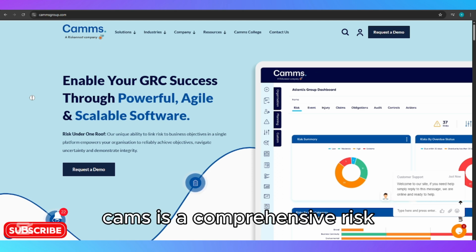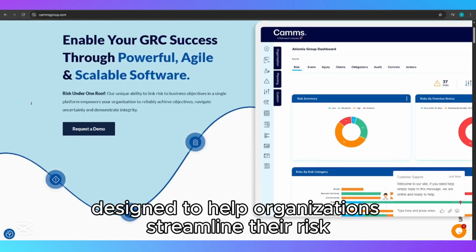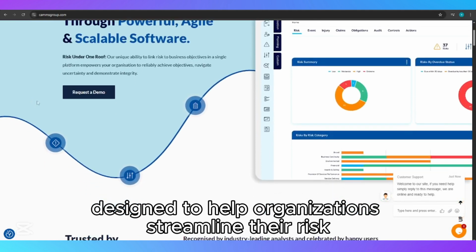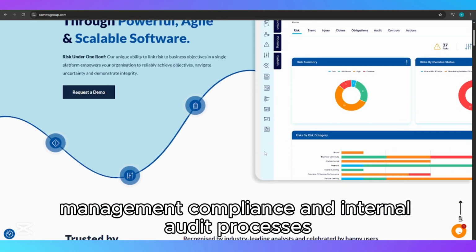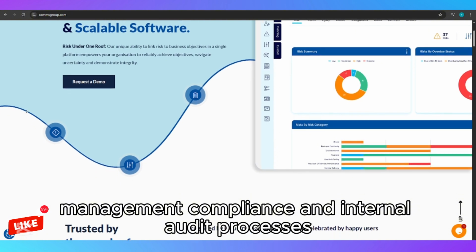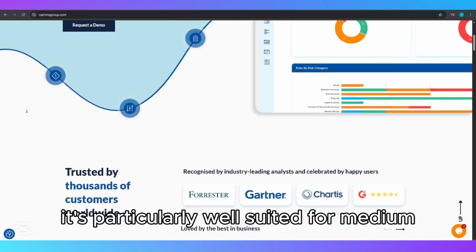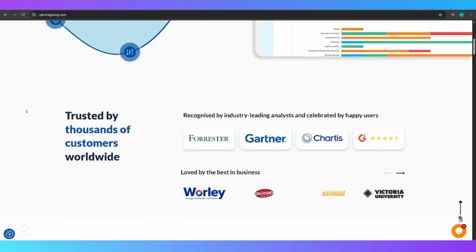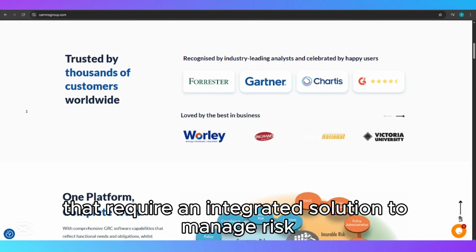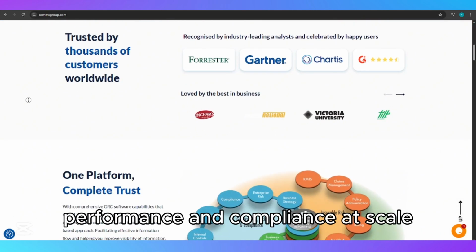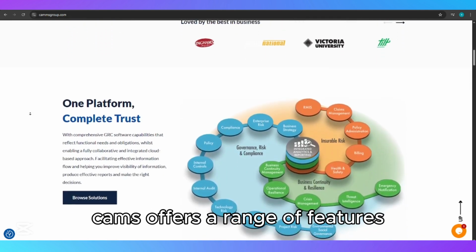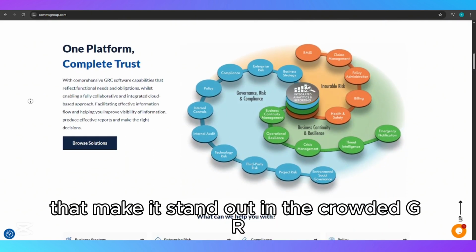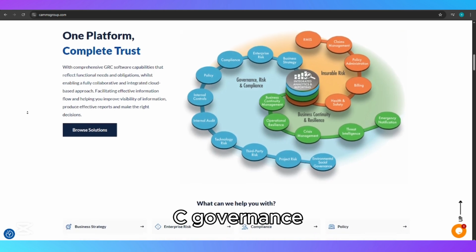CAMS is a comprehensive risk and governance management platform designed to help organizations streamline their risk management, compliance, and internal audit processes. It's particularly well suited for medium to large businesses that require an integrated solution to manage risk, performance, and compliance at scale. CAMS offers a range of features that make it stand out in the crowded GRC, governance,